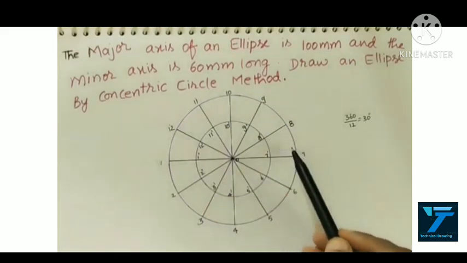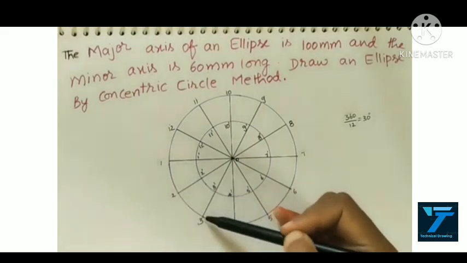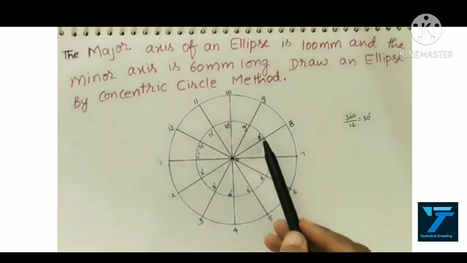After marking these points, for getting the ellipse, always remember from the outer points we have to draw the vertical lines inside the diagram. Here also from the outer points, we have to draw vertical lines. We can't draw outside the diagram, we have to draw inside. From all the outer points, vertical lines; from the inner points, horizontal lines.